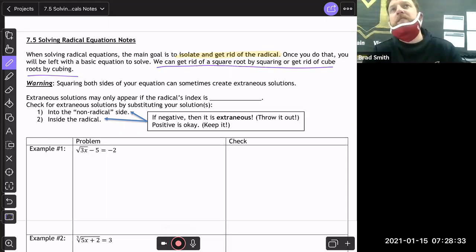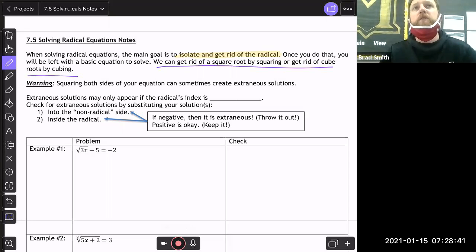The other important thing is almost math common sense now. I did put a warning here. Squaring both sides of your equation will sometimes create an extraneous solution. Remember, the extraneous solution will only appear if the radical's index is even, which we're only going to really talk about with square roots. So if you have an even square root,